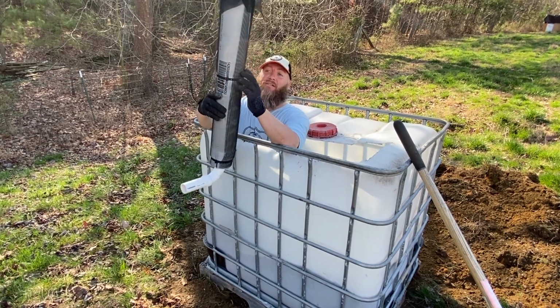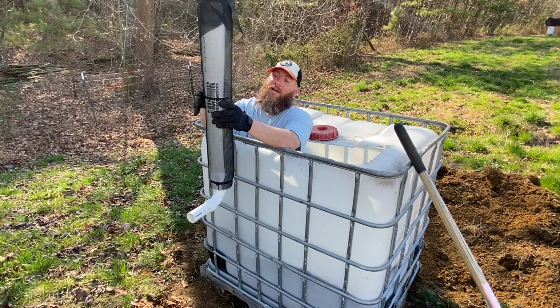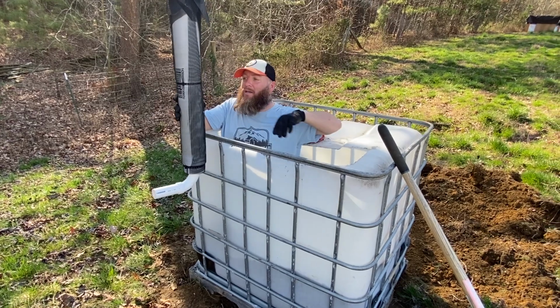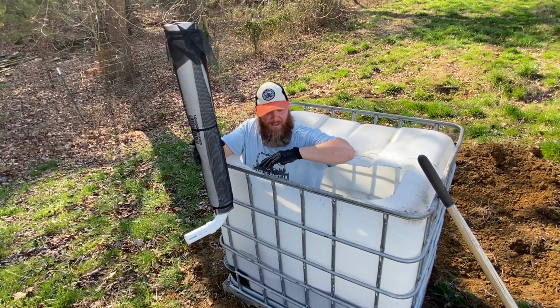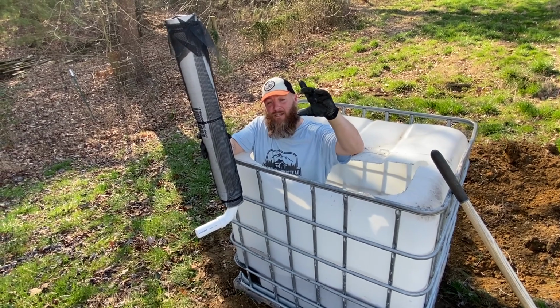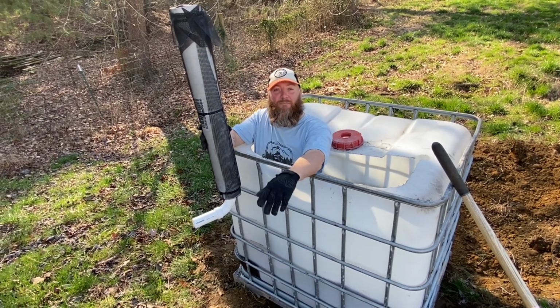But then above this level, we'll just have a little lattice work of twigs and things to keep it airy. And so then we can load our compostables up in here, and the worms will come up and eat, and then they'll deposit their worm castings on their way back down. And so we'll have a beautiful layer of worm castings. Essentially the top 2-3 inches of this will just be compost that we can take out, that's got tons of